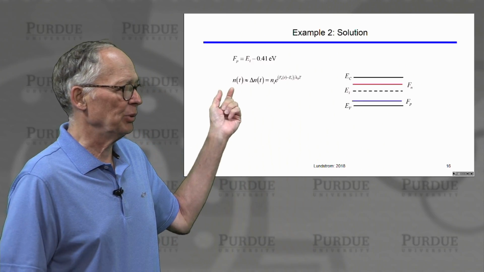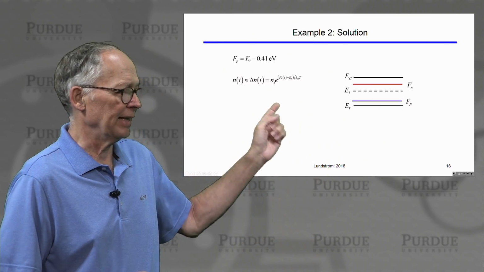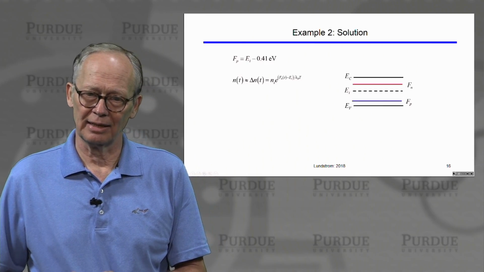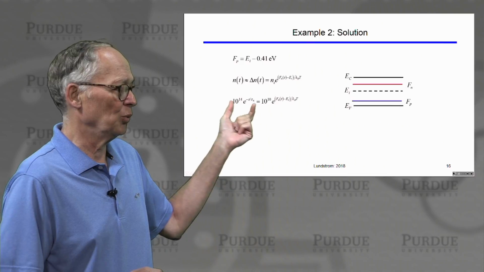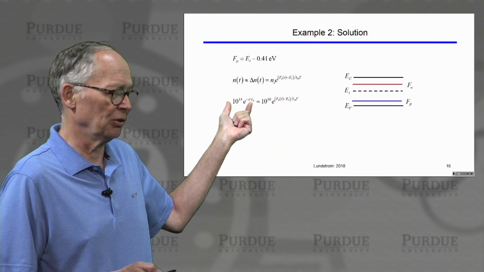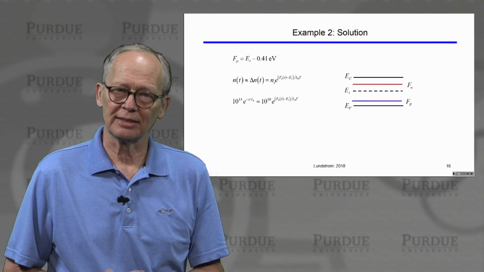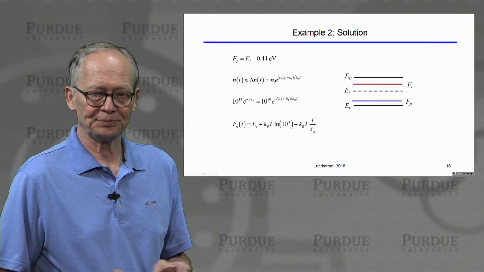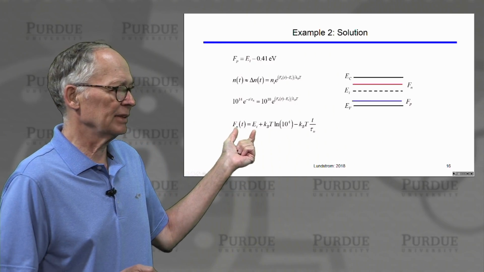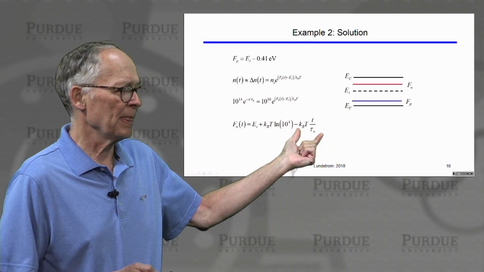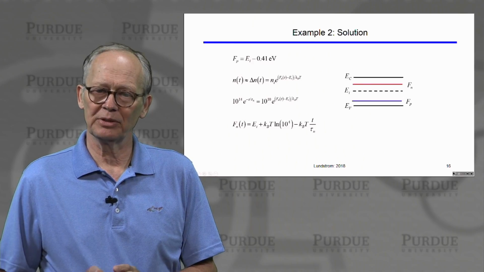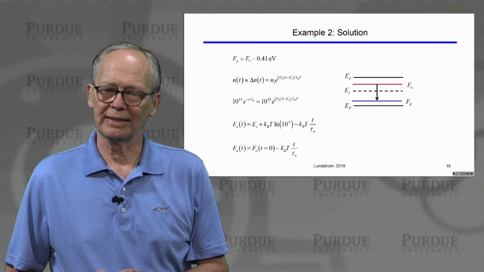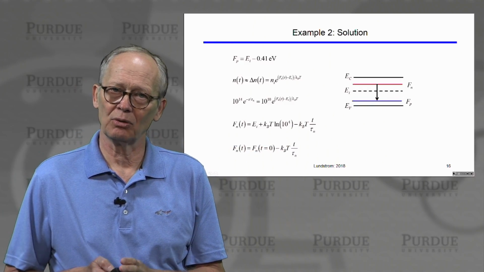Well, we know there's a relation between n and the quasi-Fermi level. We know that n is, to a good approximation, equal to the excess minority electron concentration. We know what that is. We'll put in our solution to the minority carrier diffusion equation. We'll equate it to this expression that is in terms of the electron quasi-Fermi level, and we will be able to solve. We will find that the electron quasi-Fermi level is where it was at time t equals 0, and then it decays linearly with time. It'll simply drop as time progresses until it drops down and hits the quasi-Fermi level for holes, and everything settles